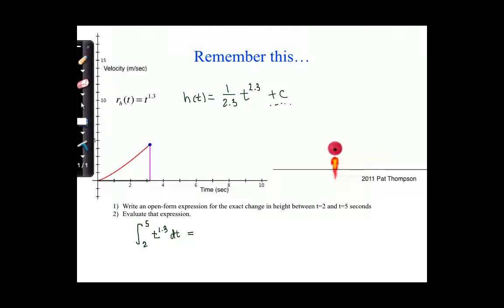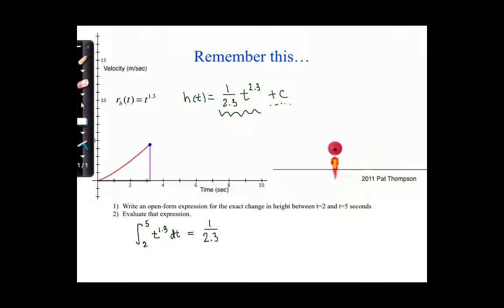I'd need to evaluate this at 5 and at 2 to compare and find the difference, or the change over that interval. But you can see that this part isn't changing. It's only this part that changes. So I don't really have to worry about what the constant might be, even if they gave me enough information, like the height was 17 at time 2. I don't have to write the plus 17 in this computation to get the answer, because that 17 part isn't changing. It's the rate part, the part that has variables in it, that changes between 2 and 5. So I just need 1 over 2.3